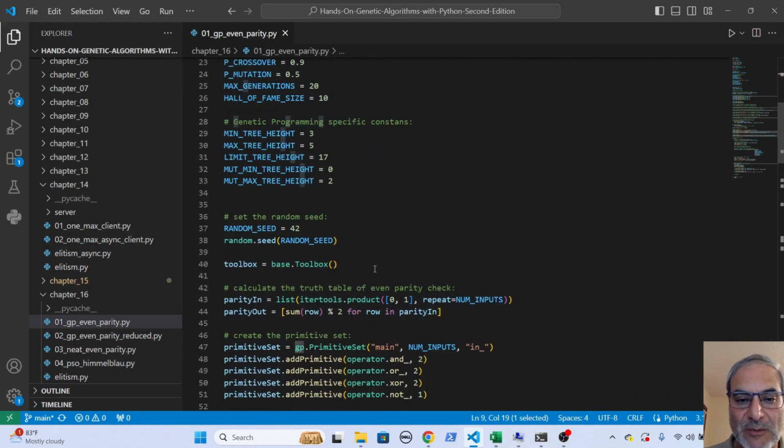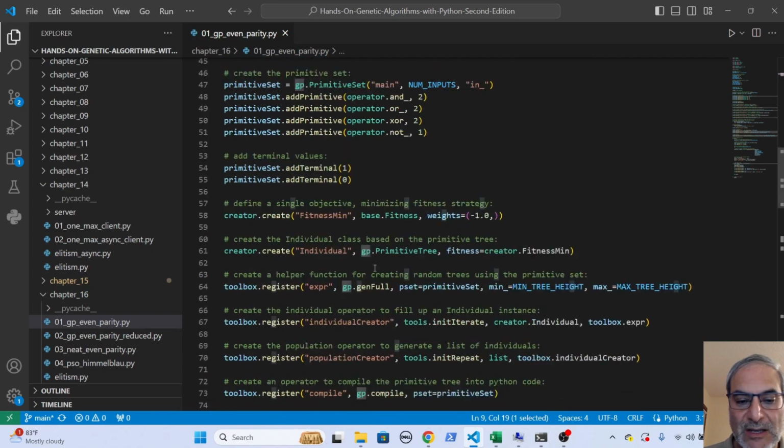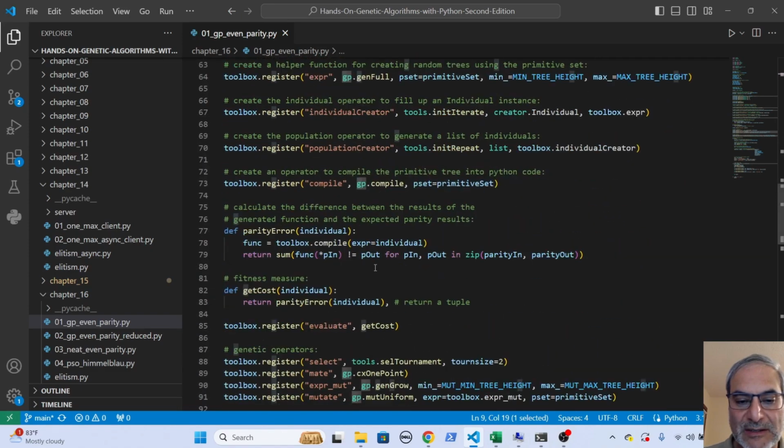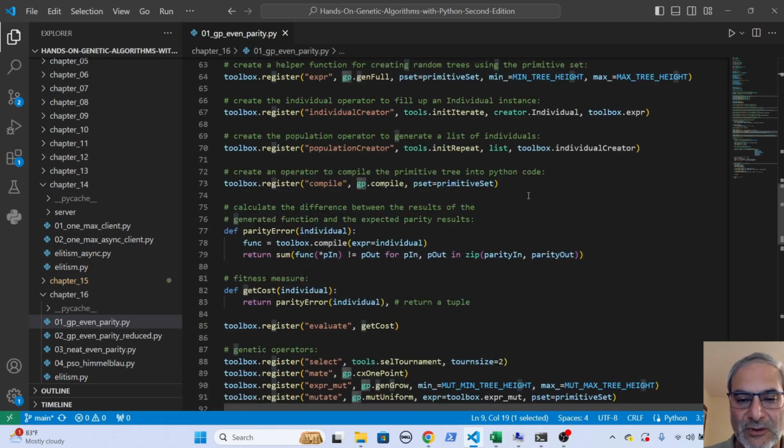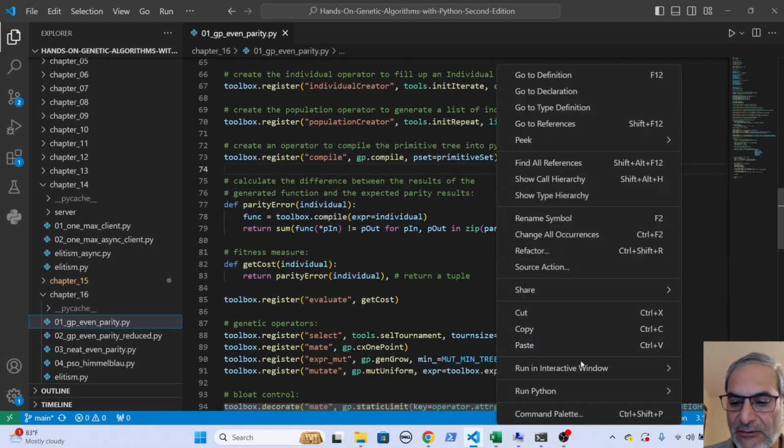But this program is going to try to implement something that will give us the correct function, because the cost that we are minimizing is the error in parity. And so every combination of inputs that doesn't give us the output that we want is going to cost us, and we try to minimize it to 0, and then we will get the correct output for all the combinations of the inputs. If we run this,